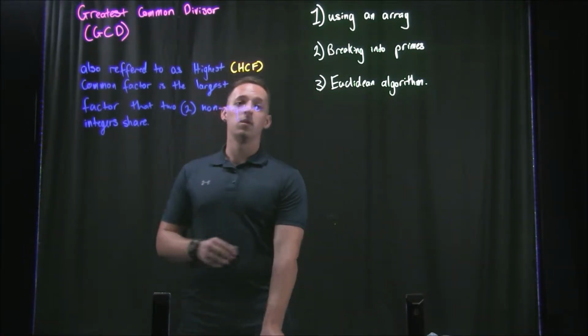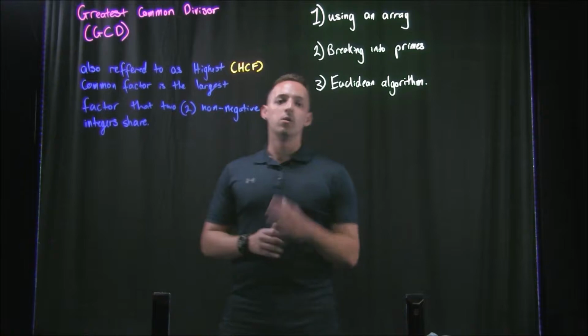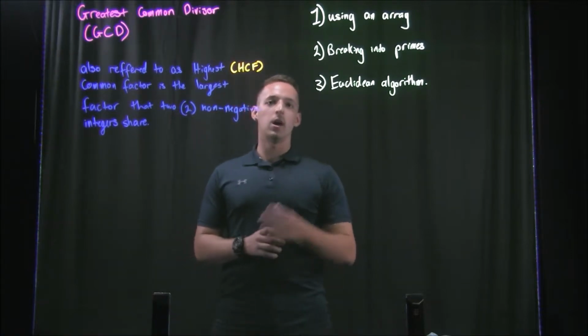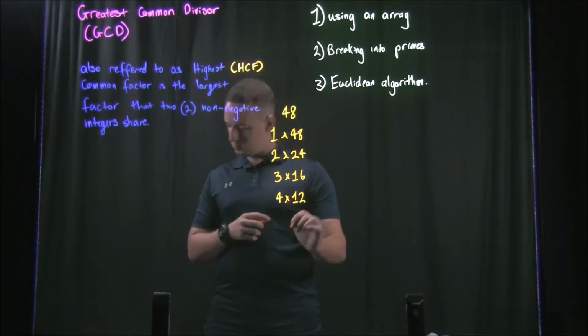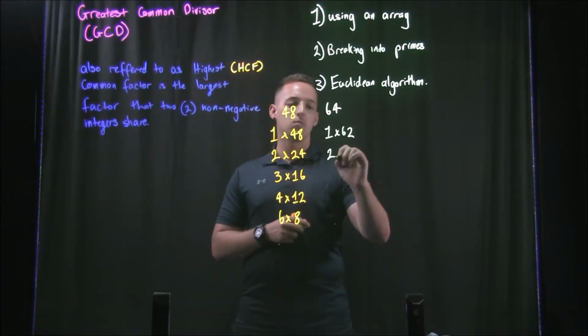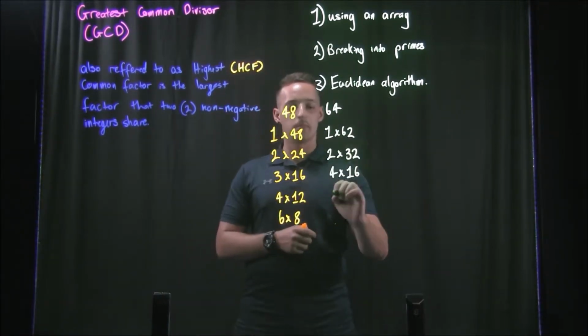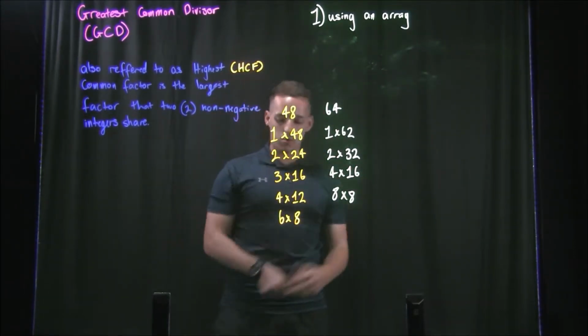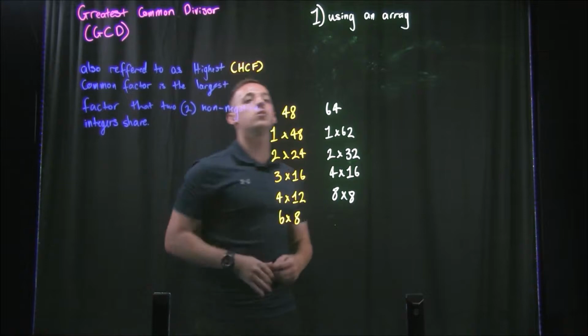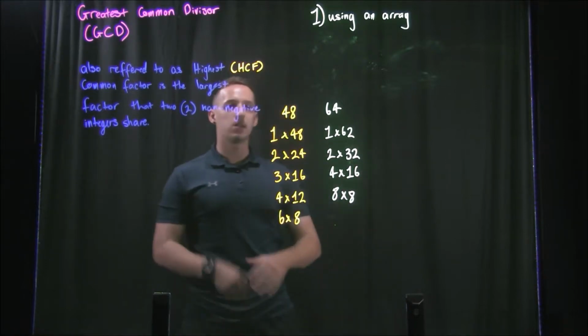So one, using an array. I'm going to draw an array just here, and then I'll show you how we actually use that. Okay, so what I've done is I've made an array, and what an array is, it's listing out every factor of both numbers,